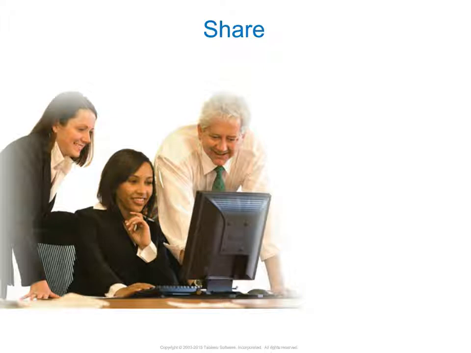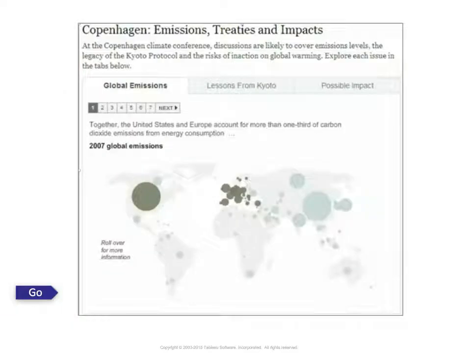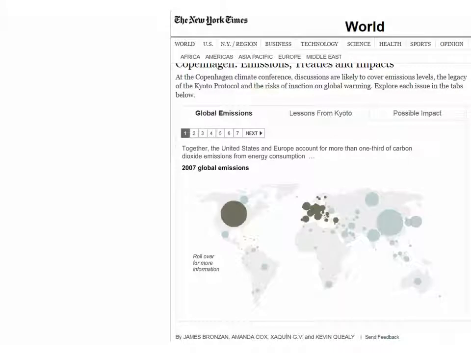And so it's very important to explain not just your finding, but exactly how you got to your finding. I have an example here from the New York Times of how to do sharing well. It's a really succinct example. So let me bring that up in the live view and show you how the example goes.